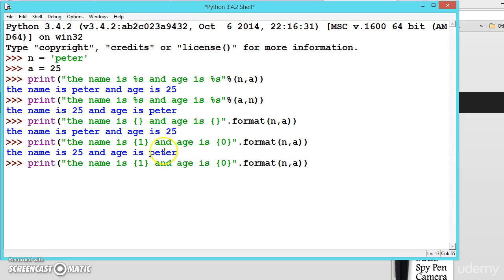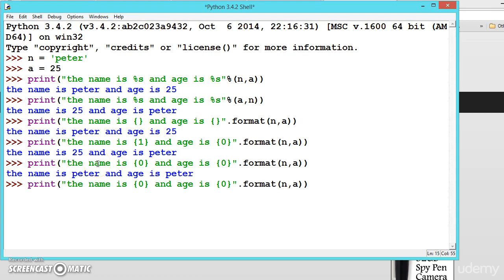You can do a lot more things using this dot format function. If you want both from the first one, the name is Peter, age is Peter, like this you can do. If you delete it, the first one will bring from the first, and the second from the second.